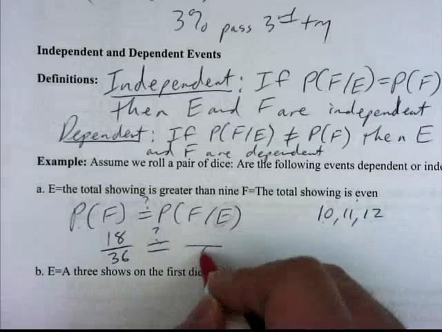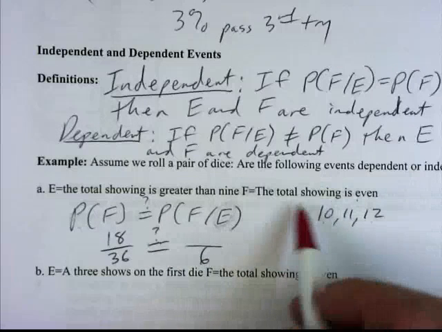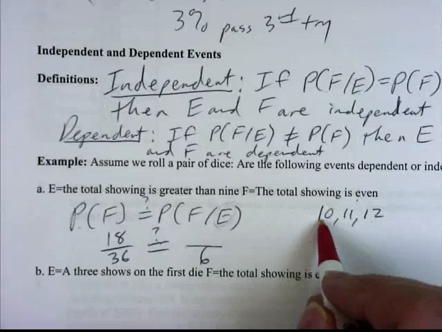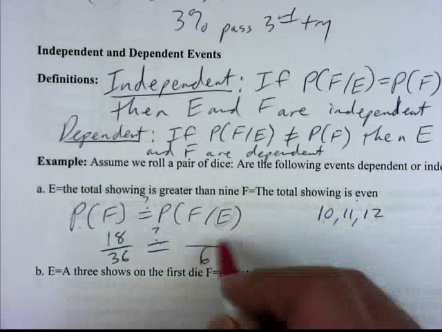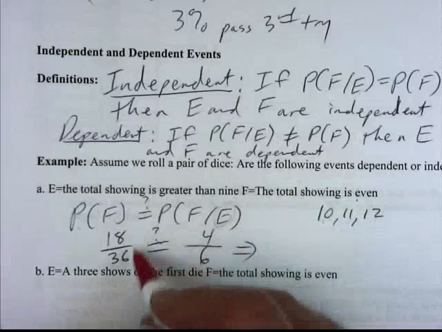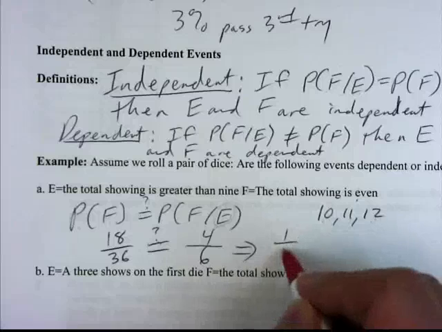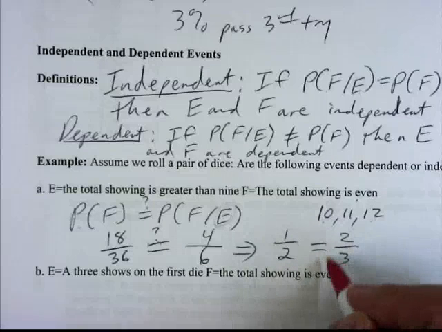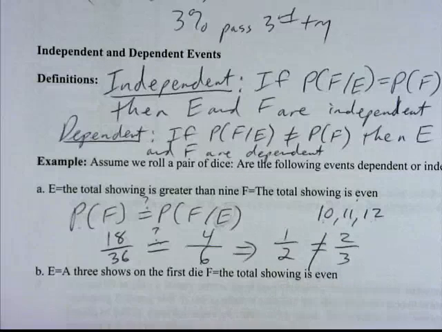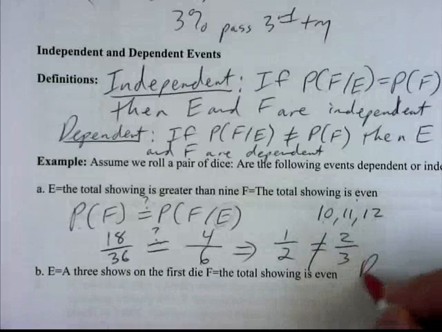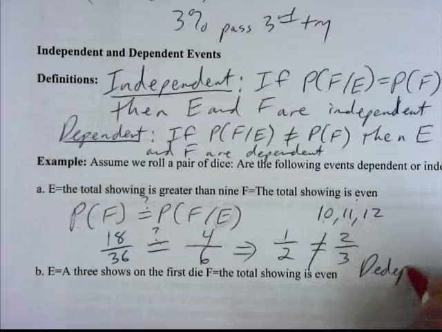So 6 ways of getting a 10, 11, or 12. And then the probability that it's even, well, there are 4 evens. So 18/36 simplifies down to 1/2. This simplifies down to 2/3. Those are not equal, so these are dependent events,